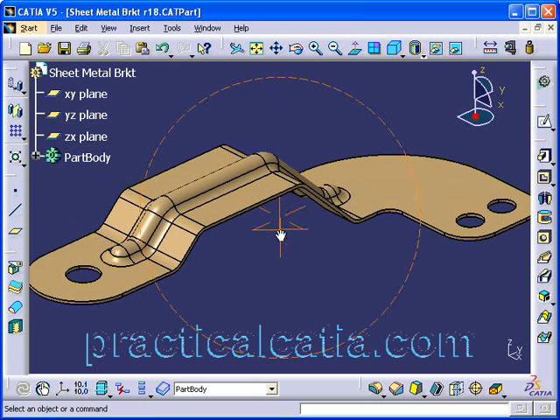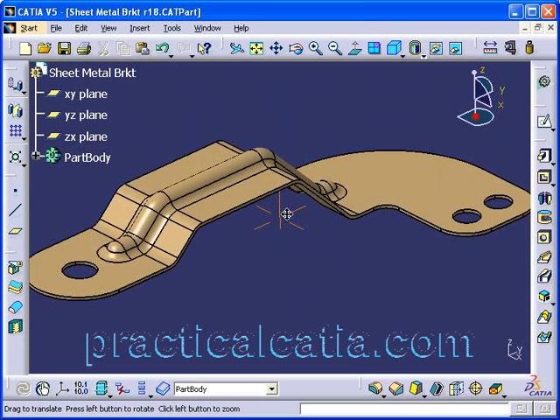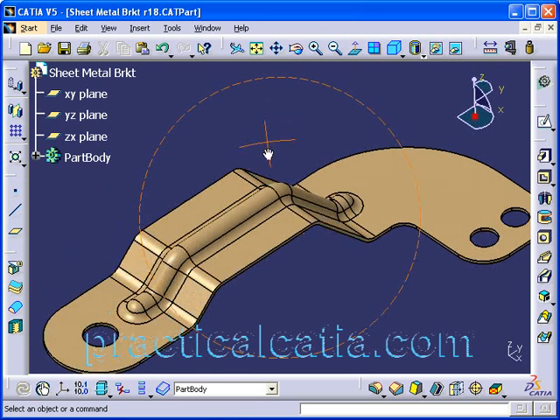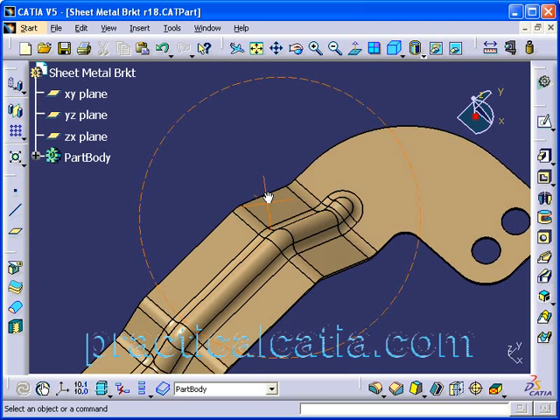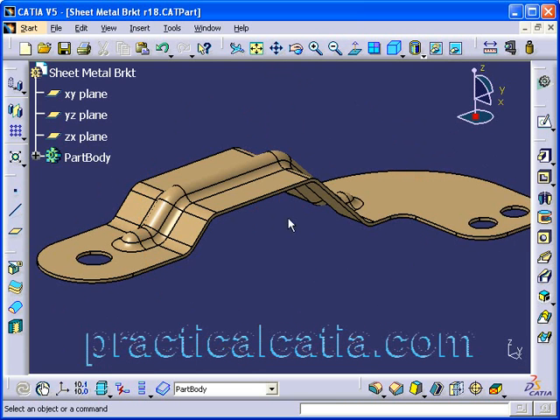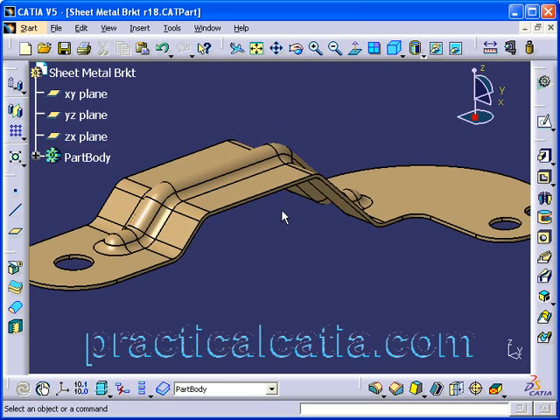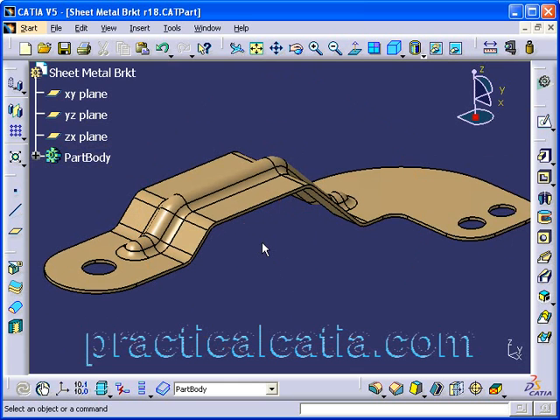So let me just go through it one more time real quick. If I want to use the mouse to pan, I depress the middle mouse button and I drag the mouse and I'm panning. If I want to rotate, the first thing to do is decide how you want to rotate. If you want to look at the top of the part, put your cursor above the part, depress the middle mouse button, and then depress the left mouse button or the right mouse button, and then drag the mouse towards the center of the screen. If you want to zoom, put your cursor in the middle of the screen, depress the middle mouse button, and then click and release the left or right mouse button, and then drag the mouse up or down, like that. That's pretty much all there is to using the mouse to do rotate, pan, and zoom